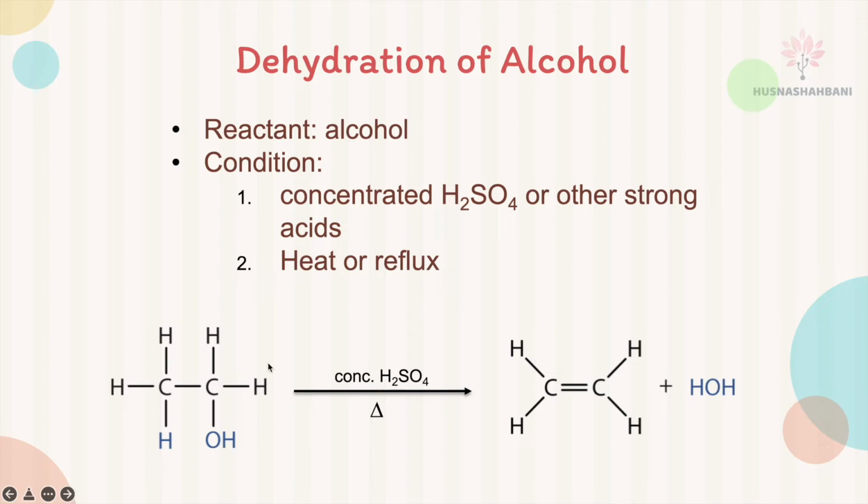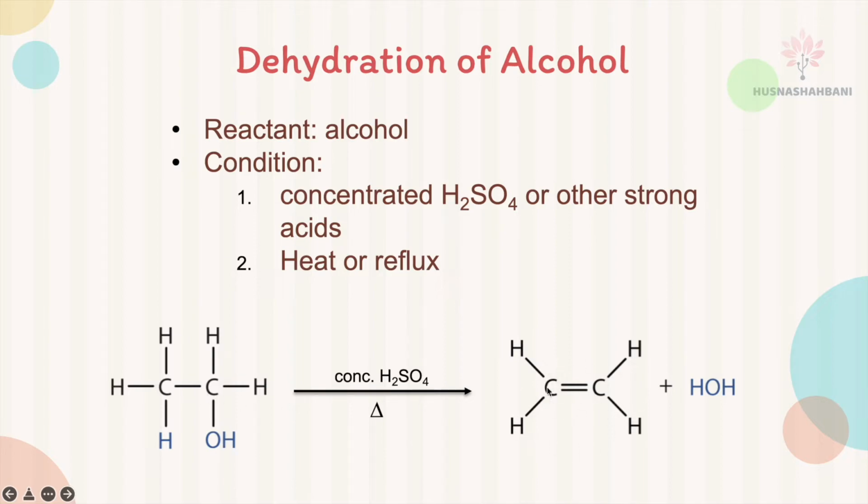So this is the alcohol compound. The OH group is attached to one carbon, and at the end of the product, water will be removed. So that's what is meant by dehydration, removal of water from the alcohol molecule. A water molecule consists of one hydrogen and one OH group. So the removal of hydrogen from this carbon and the removal of the OH group from this carbon results in a product